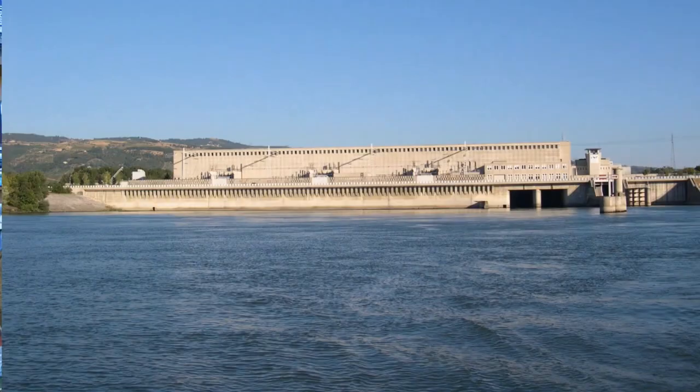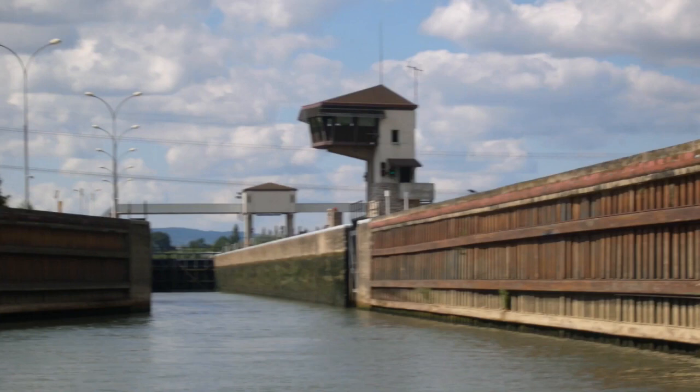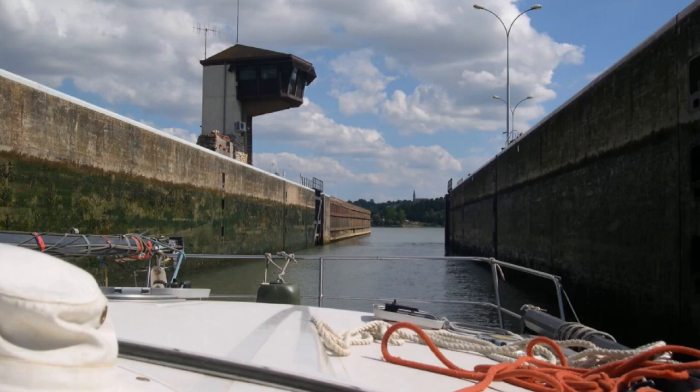It's a serious waterway, a major waterway between Lyon and the Mediterranean Sea. It has a current of around 4 knots, which will be going in your direction, so going down the river is not a problem. The locks are enormous. They take ocean-going ships. They are really serious locks, and when you go into a lock, you're going to tie